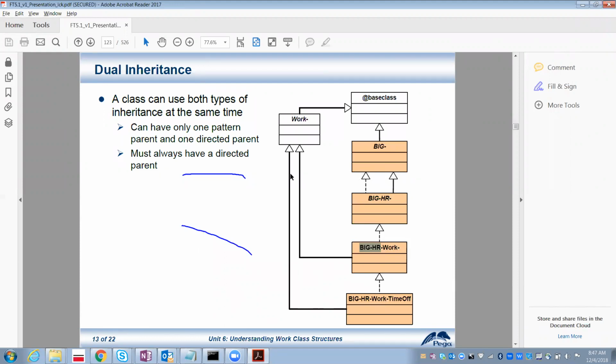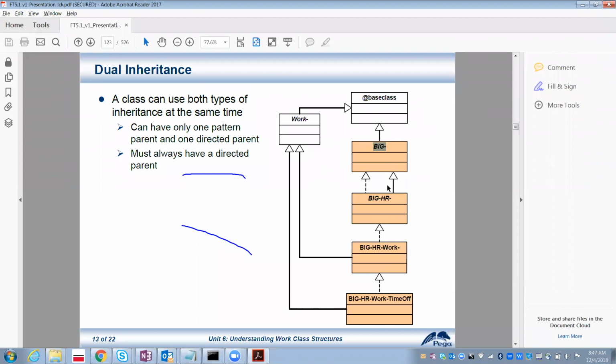And even for this also, this is the direct. But here, pattern as well as direct inheritance are both referring to Big-. If you want, you can apply the same pattern inheritance class itself as a direct inheritance class.